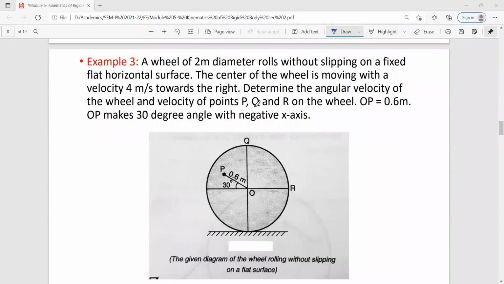Okay. So it's our third example on ICR. Okay. So you note it down in 5 minutes, then we will solve it together. Or you try to start the solution. Take 5 minutes.